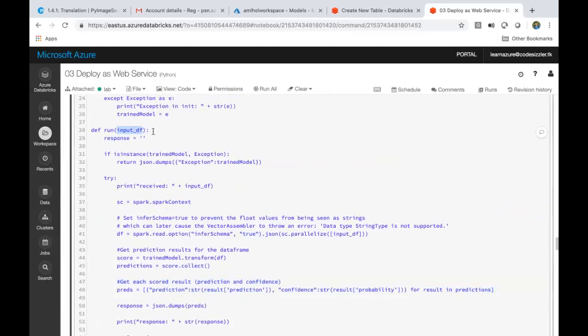So what happens with this? Let's say I'll give an example. Let's say I created my data factory to have a batch file execution every day. Every day I get a new file at around 9 o'clock in the AM, and I pass this into my scoring script. That will be the input to this. It goes through this whole system and transforms this data, because it is taking the info schema from the input file. It takes the list of this data frame, transforms it, and collects all the scored results into the prediction column.